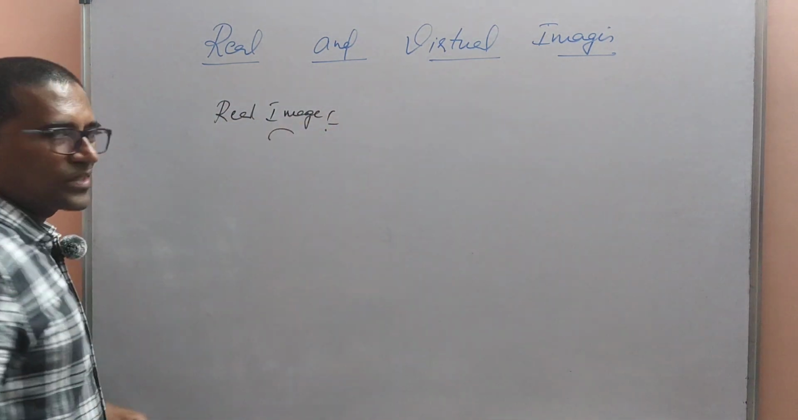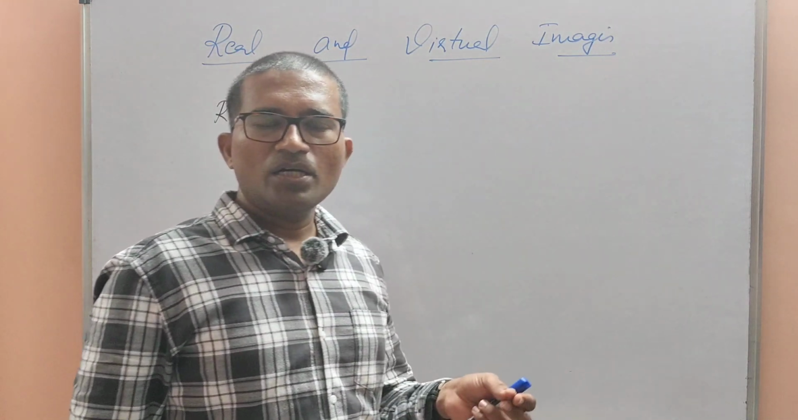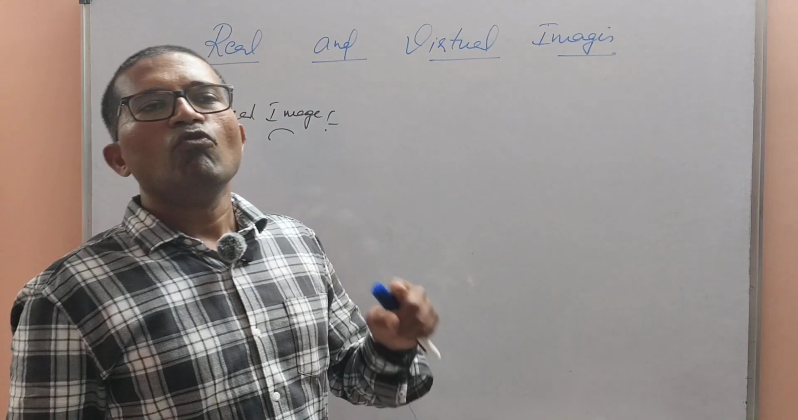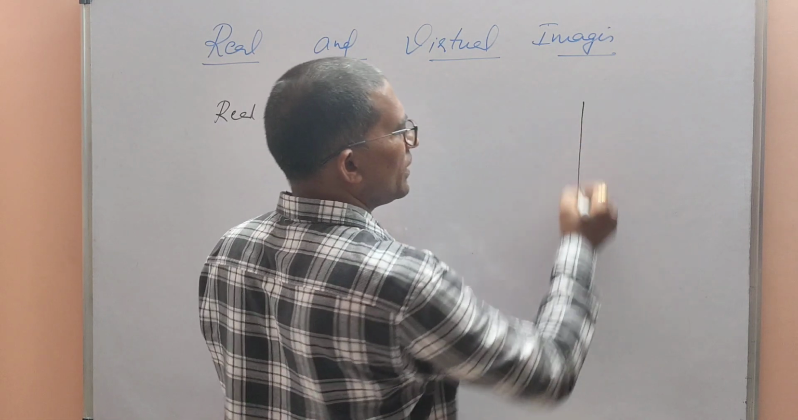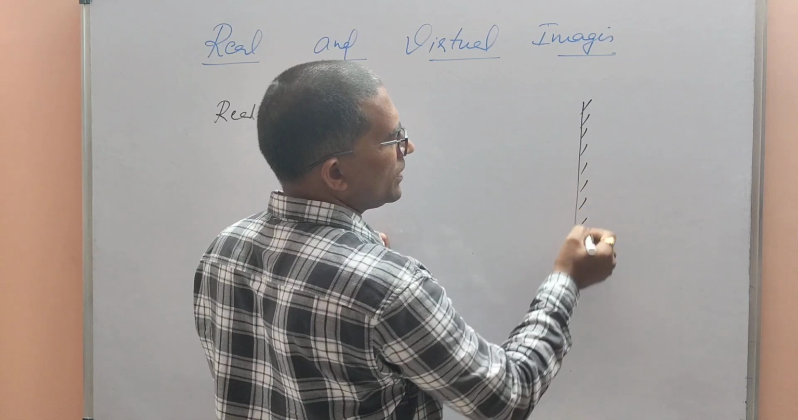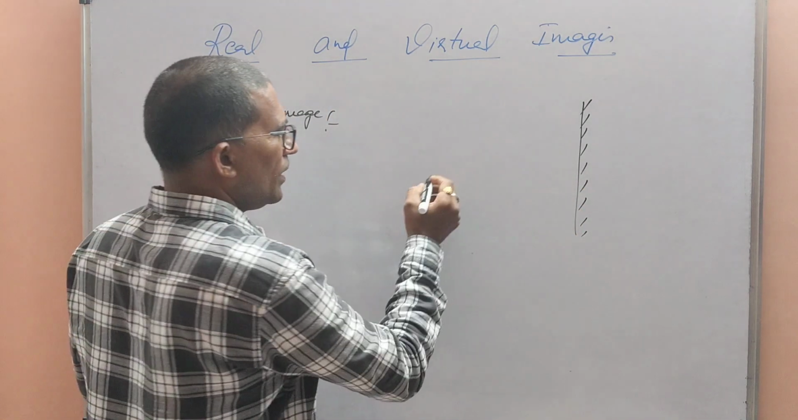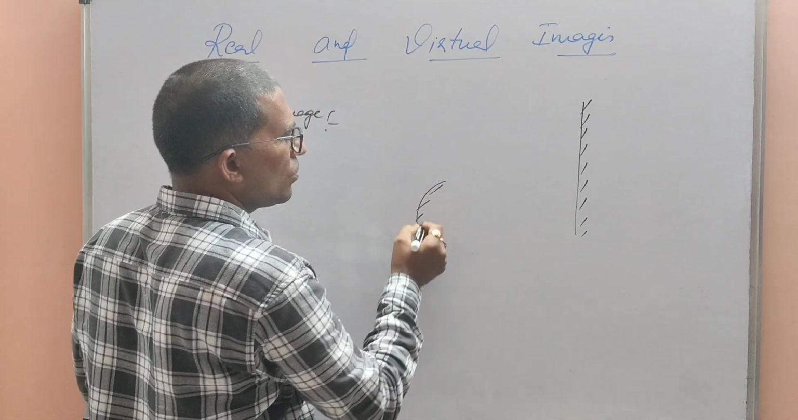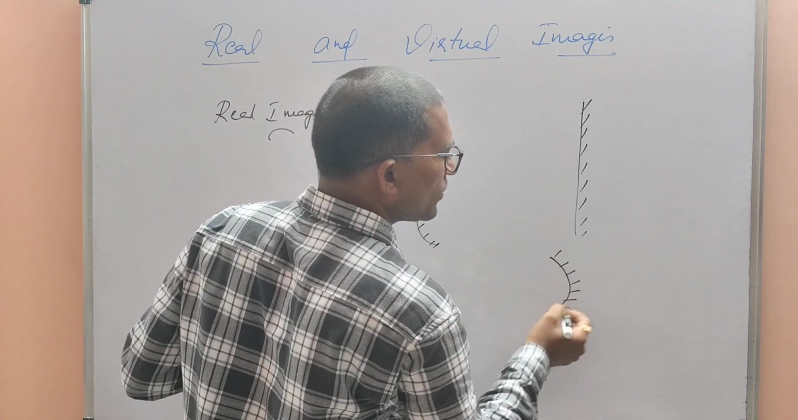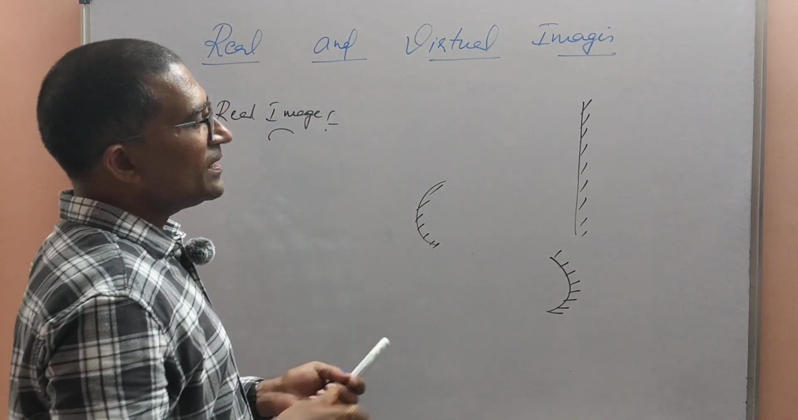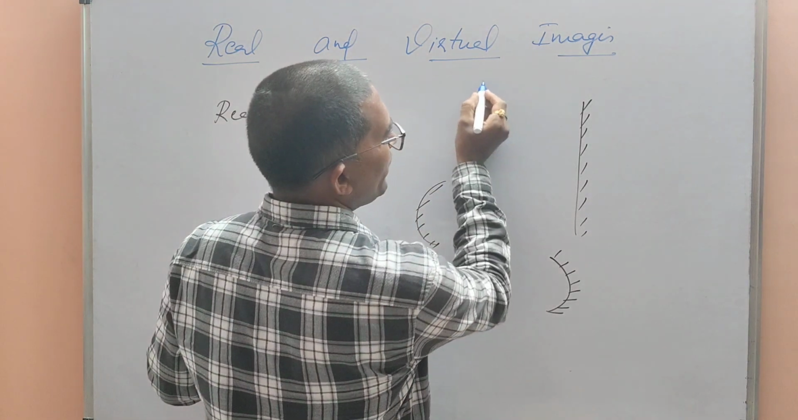Real image is a type of image which is formed when the reflected light rays are going to converge. Now, to make you understand very clearly, I will use a comparison. This is a plane mirror, this is a convex mirror, and this is a concave mirror. If I incident light rays onto the reflecting surface of the plane mirror,